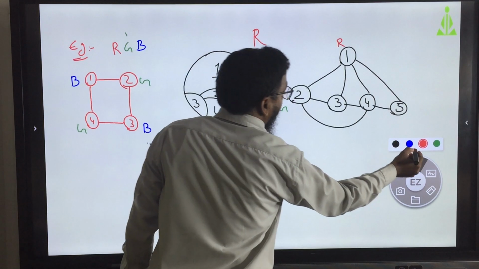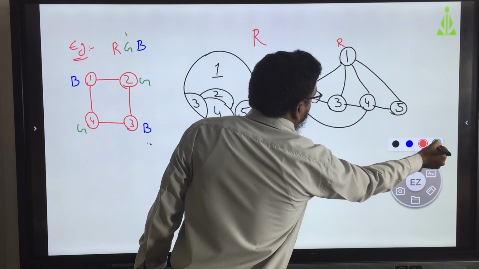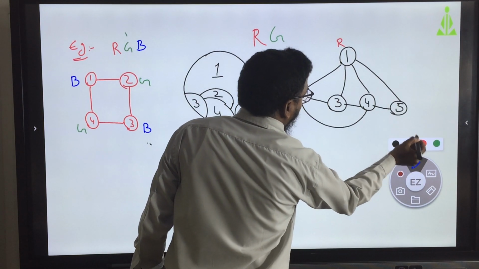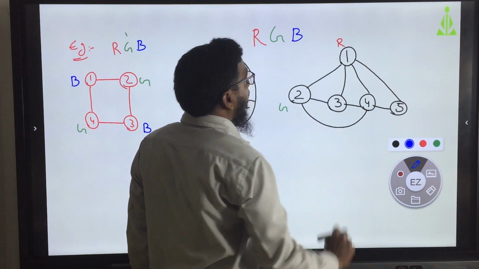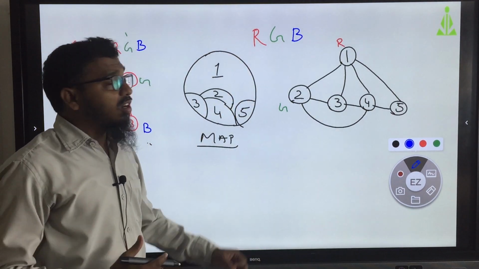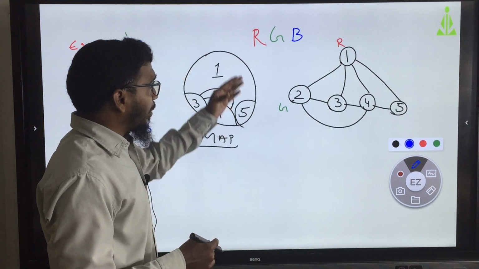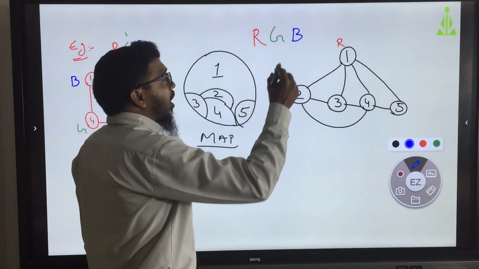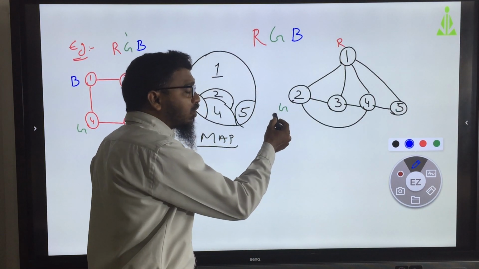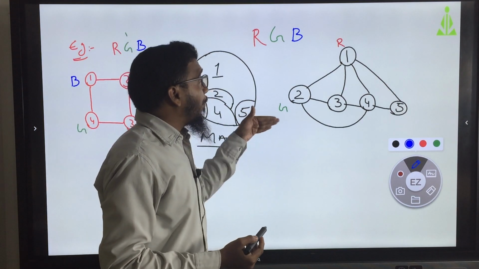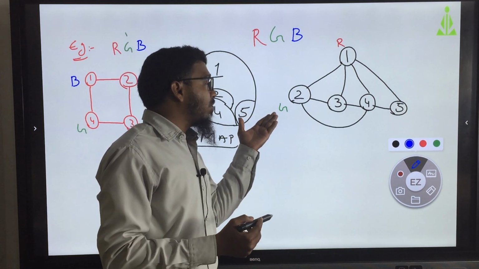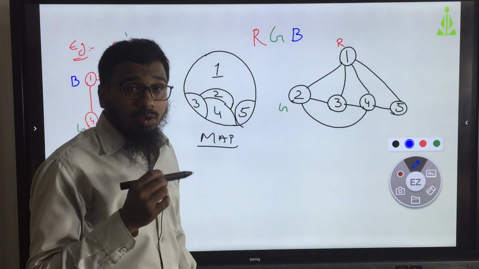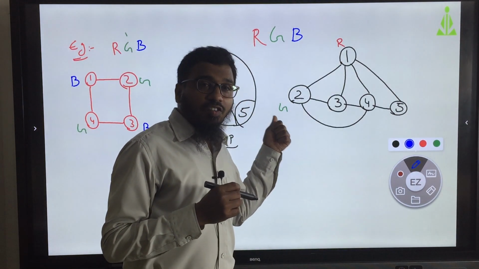From the RGB, R, G, B, red, green, blue. As you know, all the colors are based on RGB. So, taking the example of these 3 colors RGB, I gave the R and I gave the G. In place of this, I can give the B also. There is a possibility of giving the B also here. Yes. But now we will take the graph. Now we will take the green color.